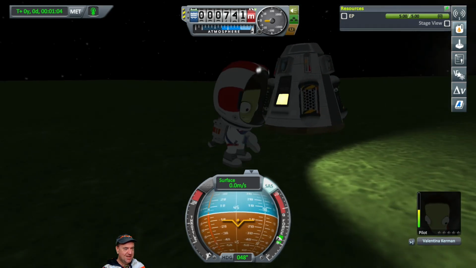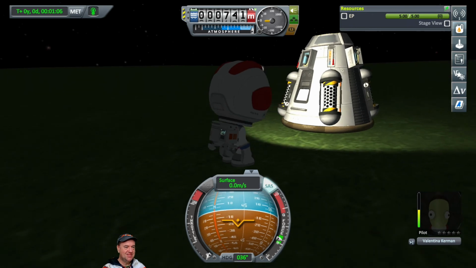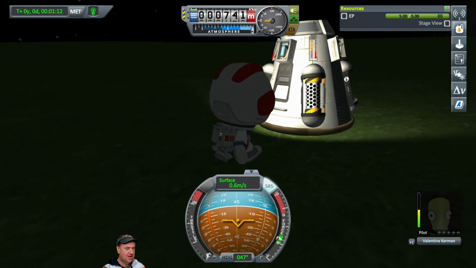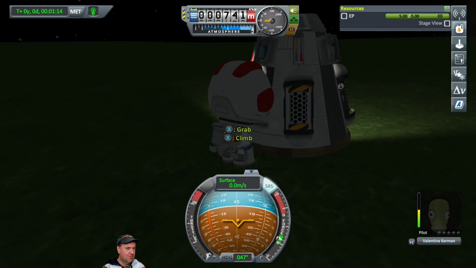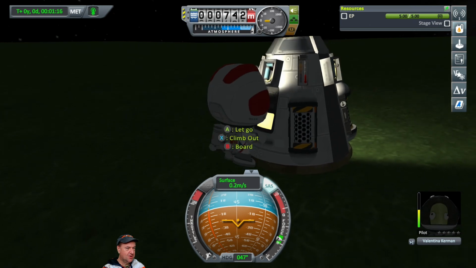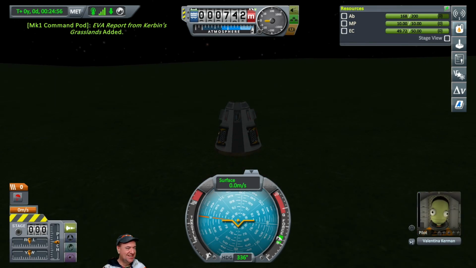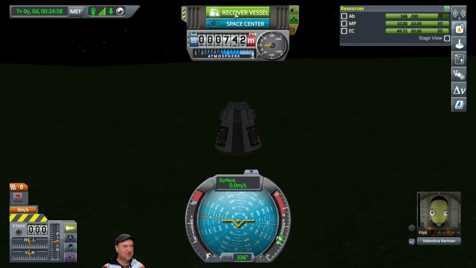Oh, that is excellent. There's our vehicle. There is the Phoenix Beta Mark II vehicle. Let's go ahead and grab a hold of that. Let's get her back in the vehicle. It was amazing. Let's go ahead and recover the vehicle and let's get to our debriefing here for mission 3